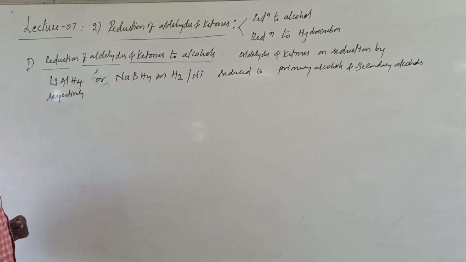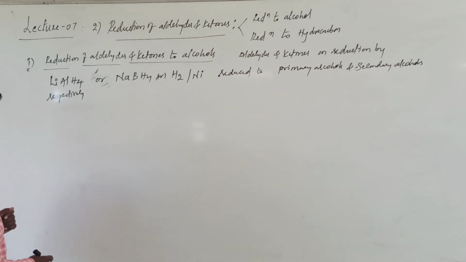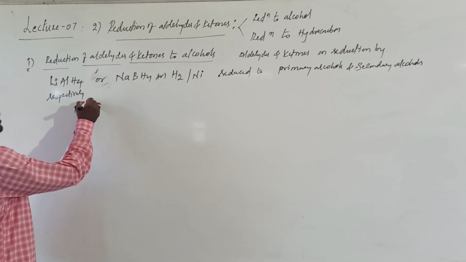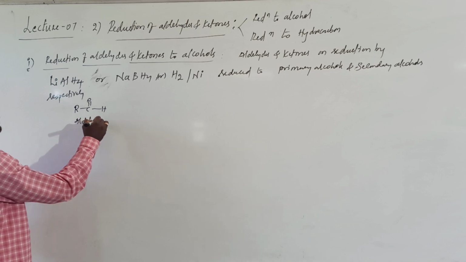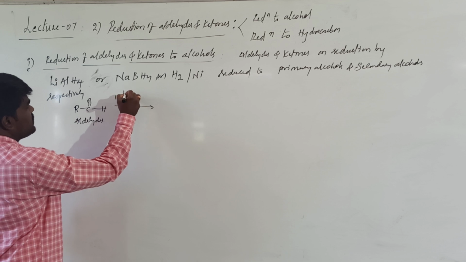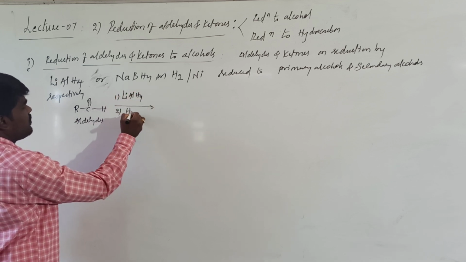That means aldehydes will be reduced to primary alcohols and ketones will be reduced to secondary alcohols. If you want to see an example, let me take an aldehyde. If you subject this aldehyde to lithium aluminium hydride followed by hydrolysis,